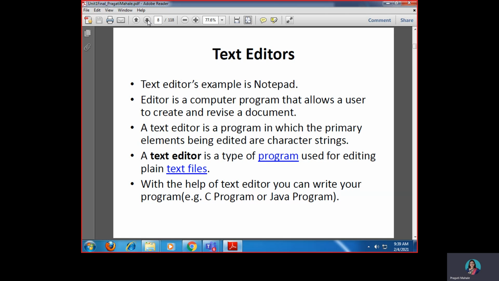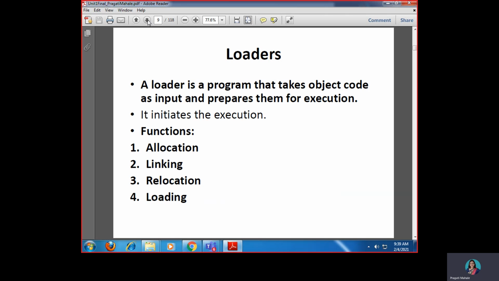So you see, dear friends, system software is required right from typing the program to conversion of the program into machine level to execution of the program, right? So we will see some more components of the system software now.